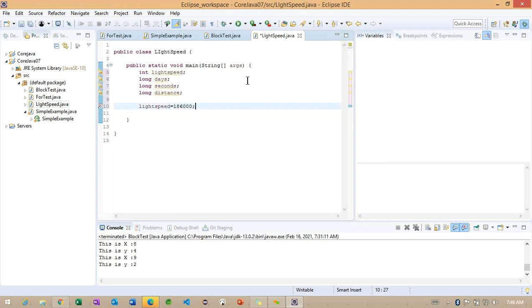So 186000, some speed I want to specify here. It is not exact, I'm just giving a random value here. And after that, what I am doing here, thousand, right? So days I'm making some 1000 days.